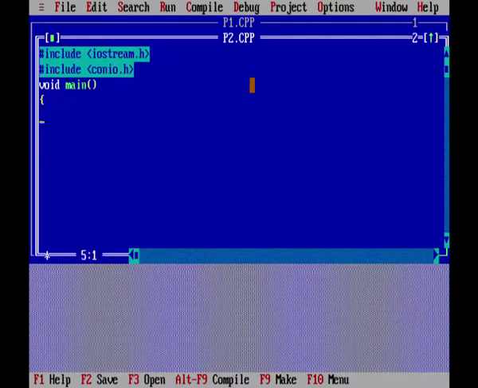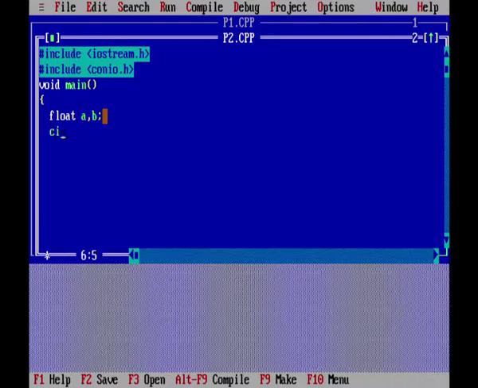Now, in this program I want the user to enter two numbers and my program will display the sum of these two numbers. To input two numbers, I have to declare two variables. I can declare the variables a and b of integer type if I am sure that my numbers are going to be without any fractional part, without any decimal part. If I think that the numbers can have a fractional part also, it means the numbers can be in decimal also, then I should declare my variables to be of float type. So, let me say float a, b.